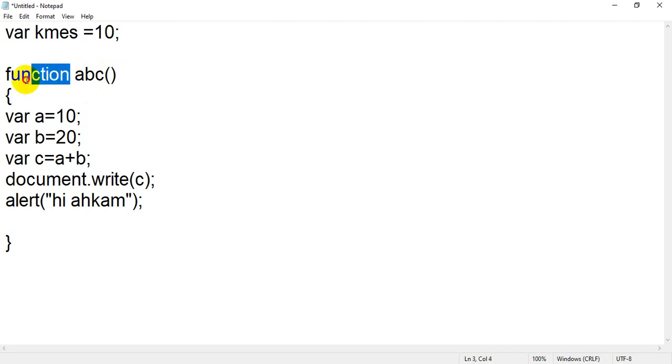First thing, you have to write the function keyword, then give one space, then write the name of the function, and while naming the function, you have to check the rules and regulations for variable declaration or naming a variable. Then this is the opening curly bracket and this is the closing curly bracket. This shows the opening or starting of the function, and this shows the closing or ending of the function. Everything between the opening and closing will come under the function body.